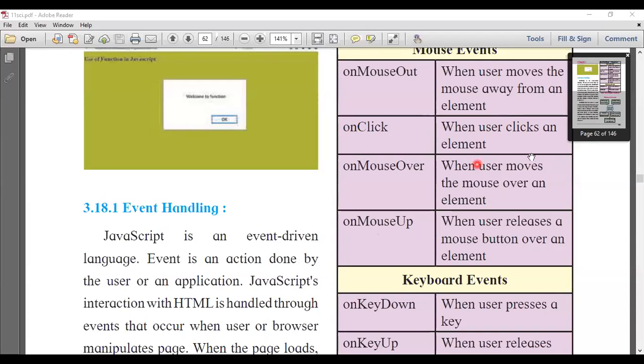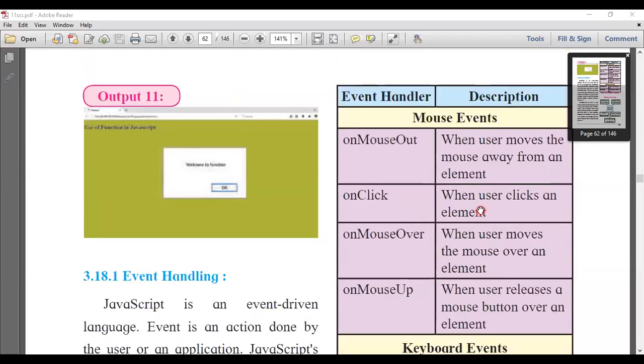Now these things are related to the mouse. What are the different events? Onmouseout, onclick, onmouseover, onmouseup, and one more event you have to say here, that is onmousedown.